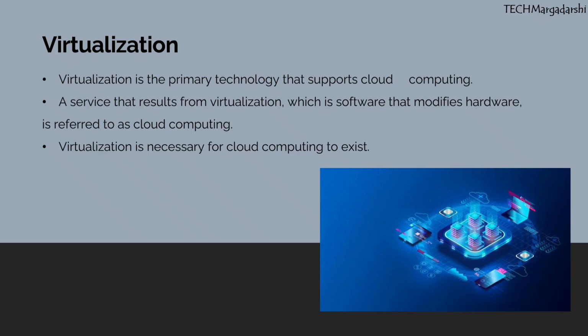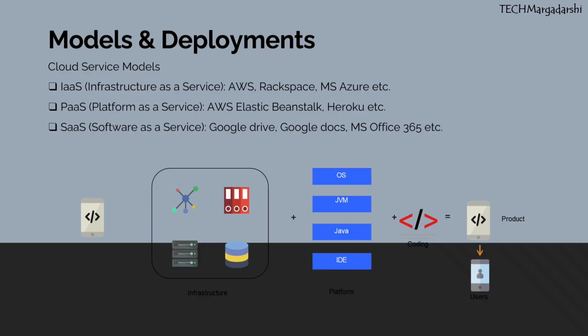How does virtualization work? Let's understand this in a simple way. Normally, it is hardware to operating system to application. With virtualization, it is hardware, hypervisor, multiple virtual machines. Each VM has its own OS and applications. The hypervisor is the key component here. It manages CPU, memory, storage, network. AWS uses advanced hypervisors to ensure high performance, strong security, isolation between customers. Now let's move on to the next topic.